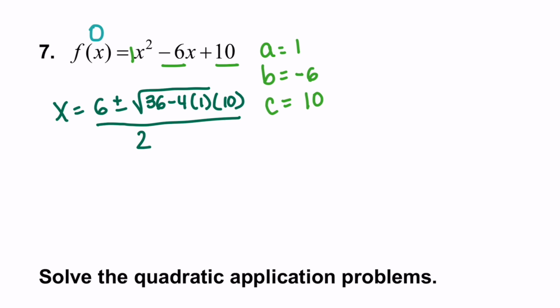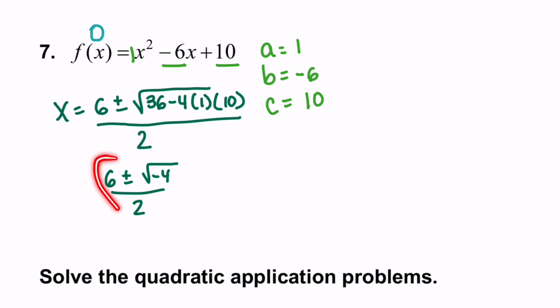Now we're going to simplify what's underneath this square root here. 4 times 1 is 4. 4 times 10 is 40. So this is going to be like 36 minus 40, which is a negative 4. So I'm going to have 6 plus or minus the square root of negative 4 all over 2. We're going to break apart our pieces. We're going to have 6 divided by 2 is 3, plus or minus. We have,